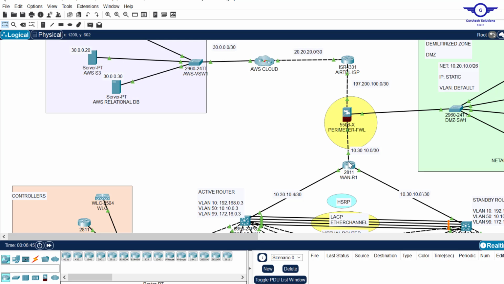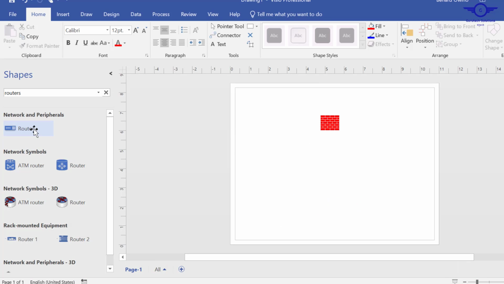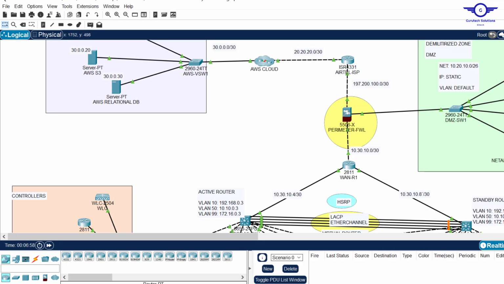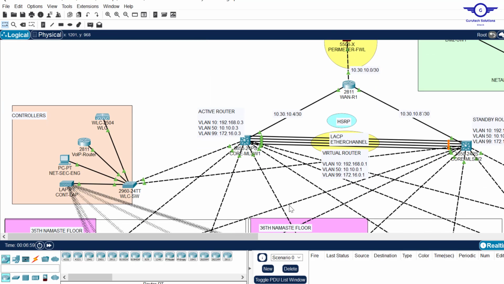Now we go down to the router. So we go there and say we need just a router. Oh, I've already written a router here. Just drag the router here. Yes. So after dragging the router there, you go back to the diagram, and now you see there are two